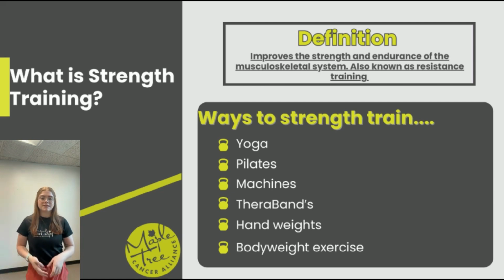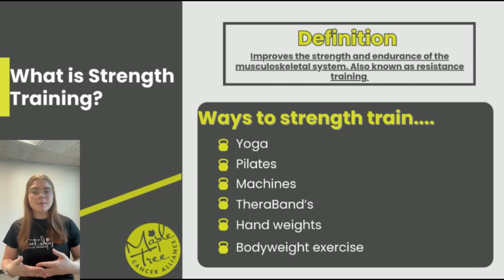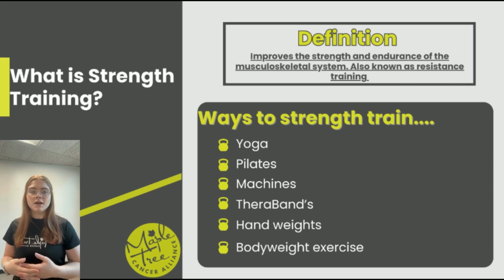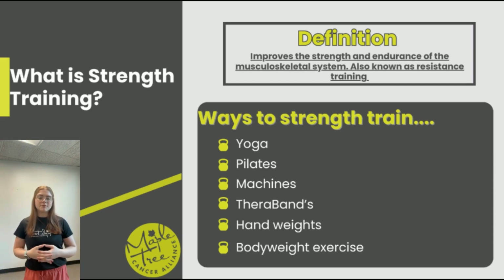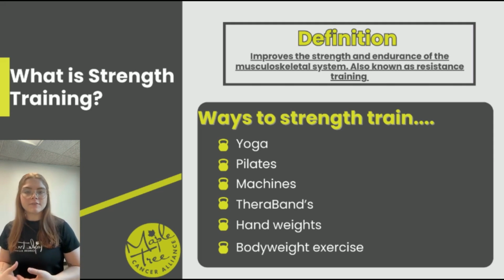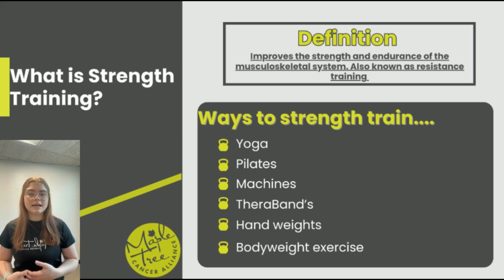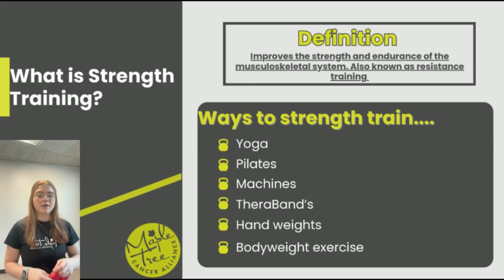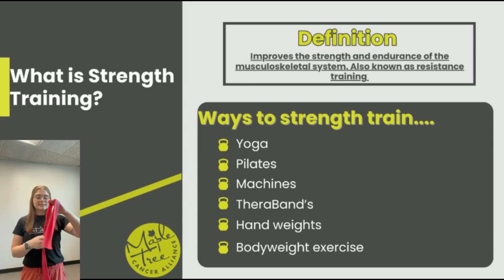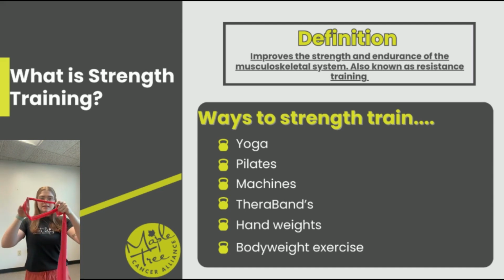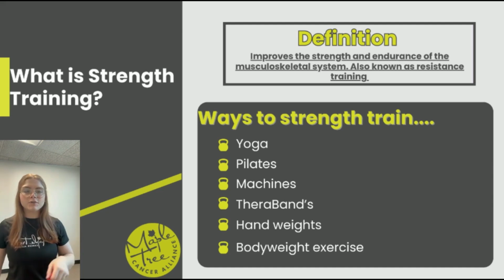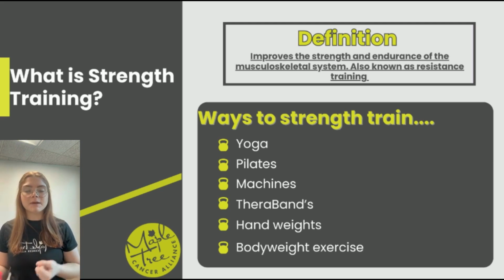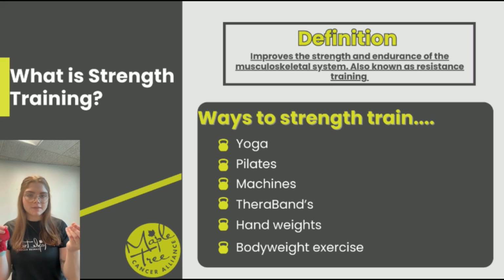Some examples of strength training are yoga, which is a mind, body, and breath practice. Pilates, which is a low impact type of exercise to strengthen and build muscle. You have machines, so if you have a gym or a facility that has equipment, you can always try out their machines. We have TheraBands. There are TheraBands like this. You might see a looped band that looks more like this, that is tied at the one end, or you have bands with handles on the ends, which might be easier for some people to utilize during treatment if they have neuropathy or things like that.